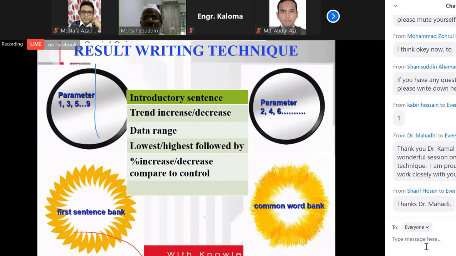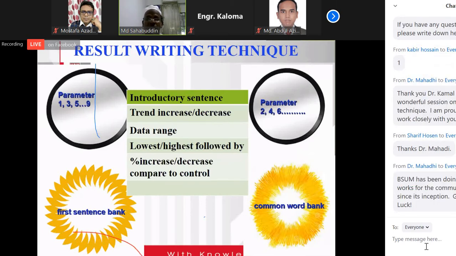So you have to put the range, so the examiner will get the idea whether your range is right or wrong. After that, you can put the lowest and highest. Treatment T5 produced the highest value, followed by the second highest, and treatment T1 produced the lowest value, followed by the second lowest.